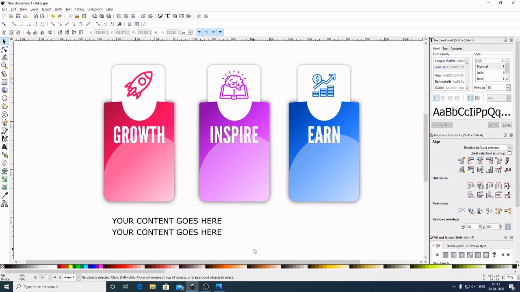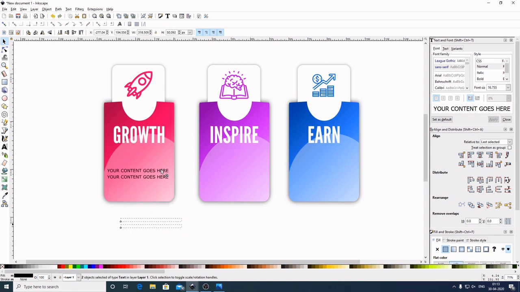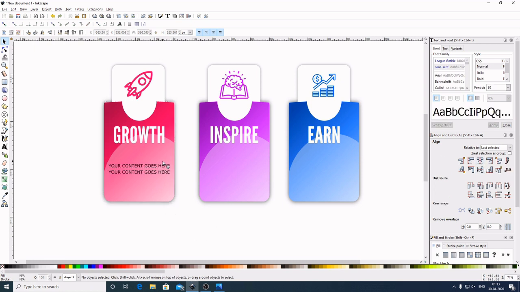Select out of the graphic to deselect. Now I will grab over this hole. Now by holding Control and Shift in the keyboard, I will drag this inward to make it smaller. Bring it here. Now select this graphic by holding Shift in the keyboard. Now come up here and center on vertical axis. Now select out of the graphic to deselect.